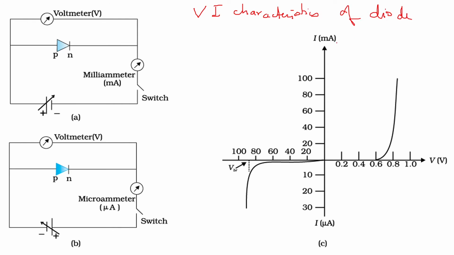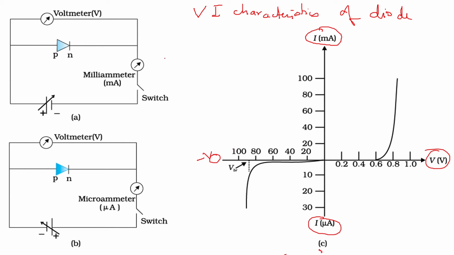Now in these characteristics, we have taken a graph. In the first quadrant you have the y-axis, which is current in milliamperes, and then on the negative side you have the y-axis as current in microamperes. So here you can see current in microamperes. You have the x-axis on the positive side as voltage in volts, and on the negative side you have voltage in minus volts. So this will be your minus volts. Now this is a graph, and on this graph we are going to plot the forward characteristics and reverse characteristics.